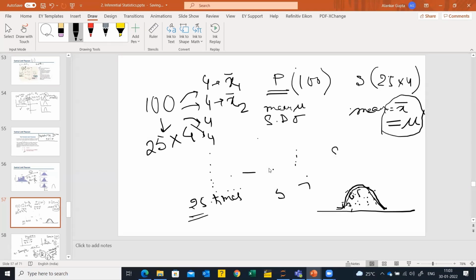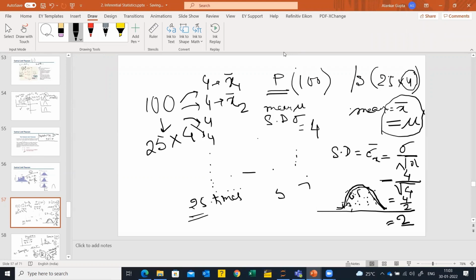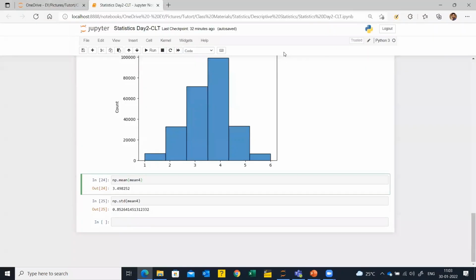And the standard deviation, which is, say, sigma x bar, is going to be sigma by root under of n. So if the sigma here was, for example, 4, it would be 4 divided by root under of n, the number of samples we are drawing every time. So it is 4 by 2. Okay, so as you can see, as the sample size increases, your standard deviation will go down. Okay, this is what we can see in here.